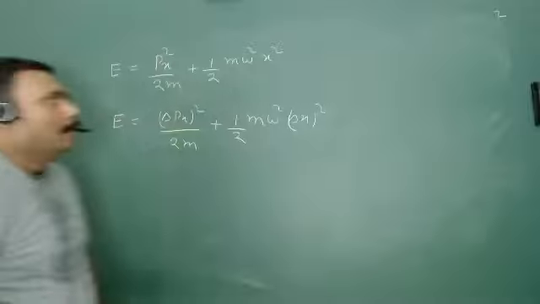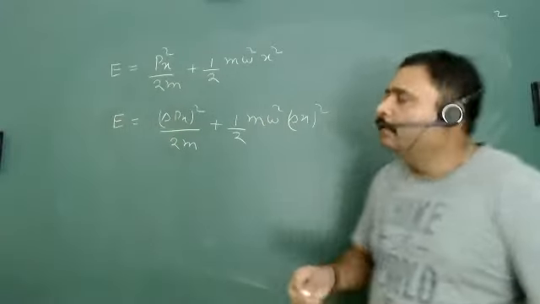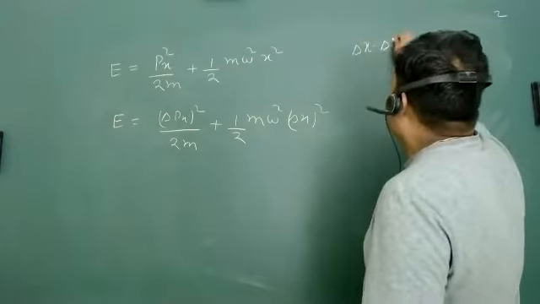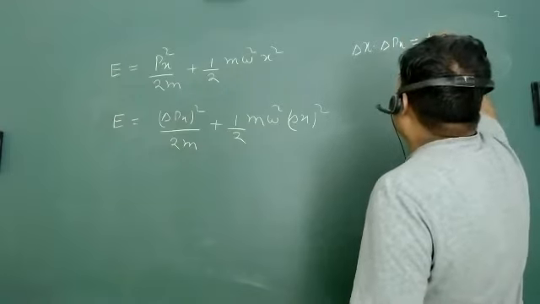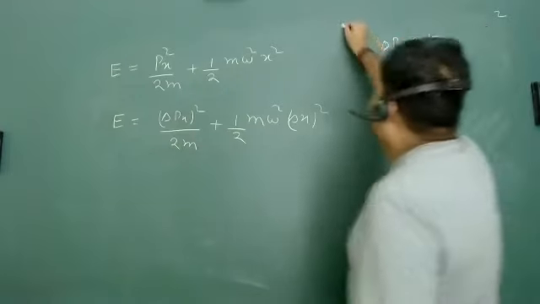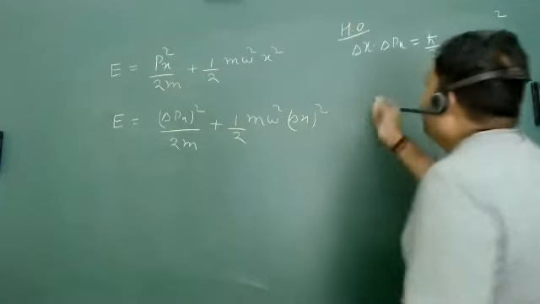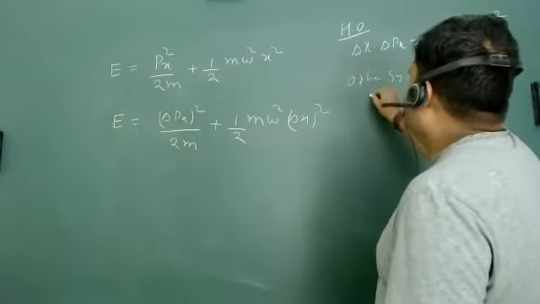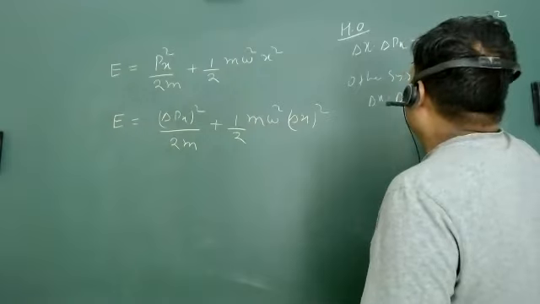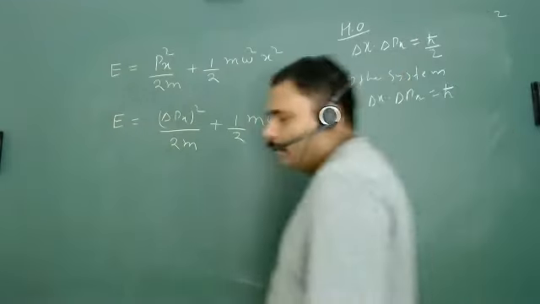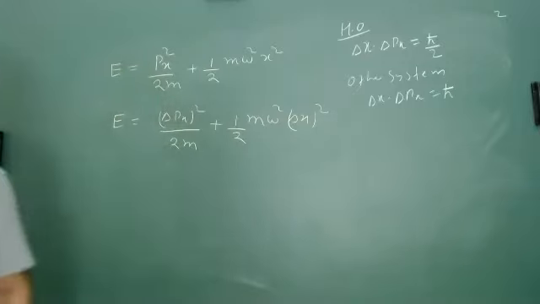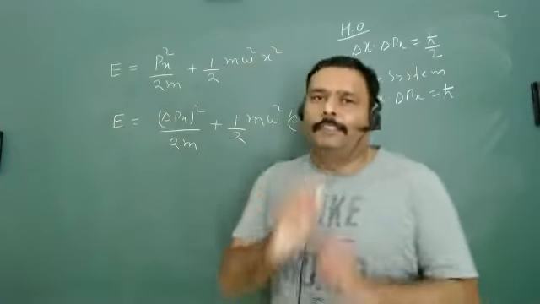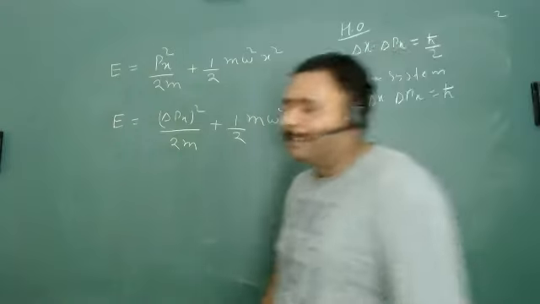And now for the harmonic oscillator, one thing you have to remember: for the minimum value of energy, you will take delta x into delta px equal to h cut by 2. This is for the harmonic oscillator. And for other systems, you will take delta x into delta px equal to h cut. Can anybody guess why they are taking this? Actually, I am also not sure why they are taking this, but I will give you some logic, and I think this logic is very interesting.